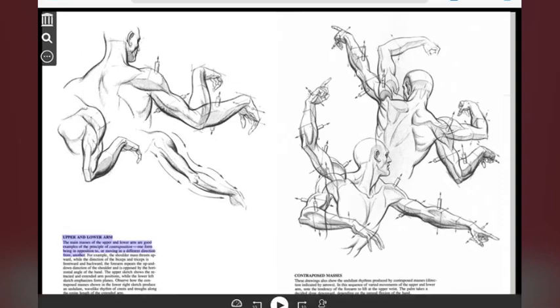Upper and lower arm. The main masses of the upper and lower arm are good examples of the principle of contraposition, one form being in opposition to, or moving in a different direction from, another. For example, the shoulder mass thrusts upward, while the direction of the biceps and triceps is frontward and backward. The forearm repeats the up and down direction of the shoulder and is opposed by the horizontal angle of the